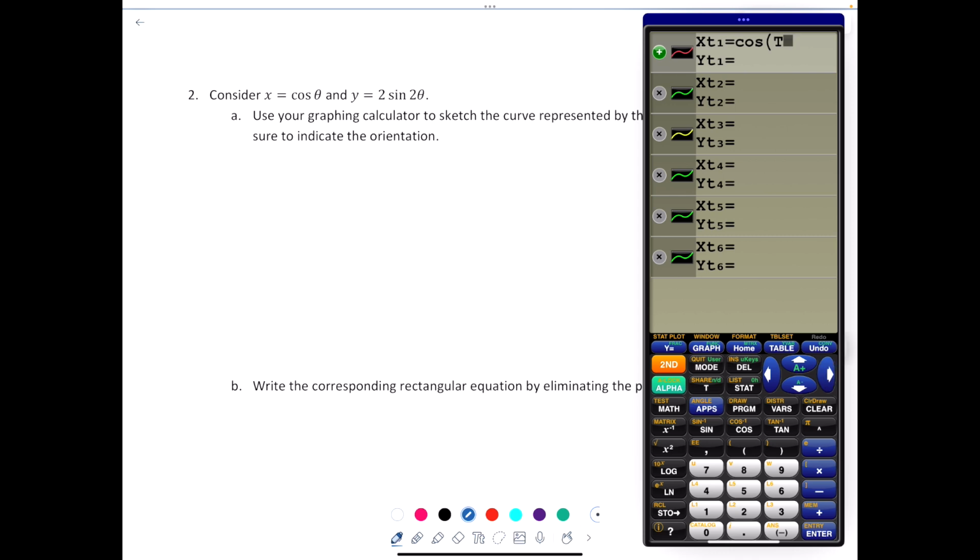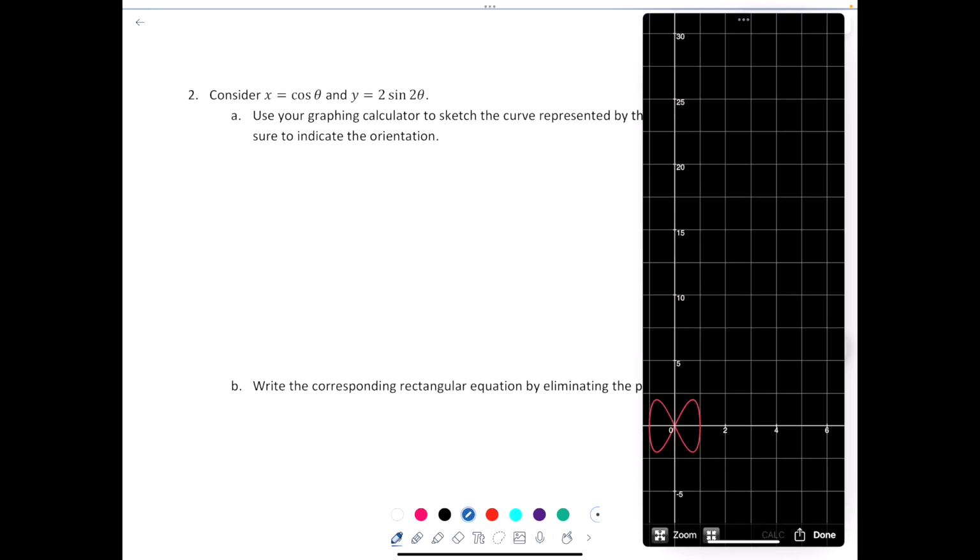And then here we will have y is equal to 2 times sine of 2 times the angle, which we're using t. Cool so far? So when I graph this,